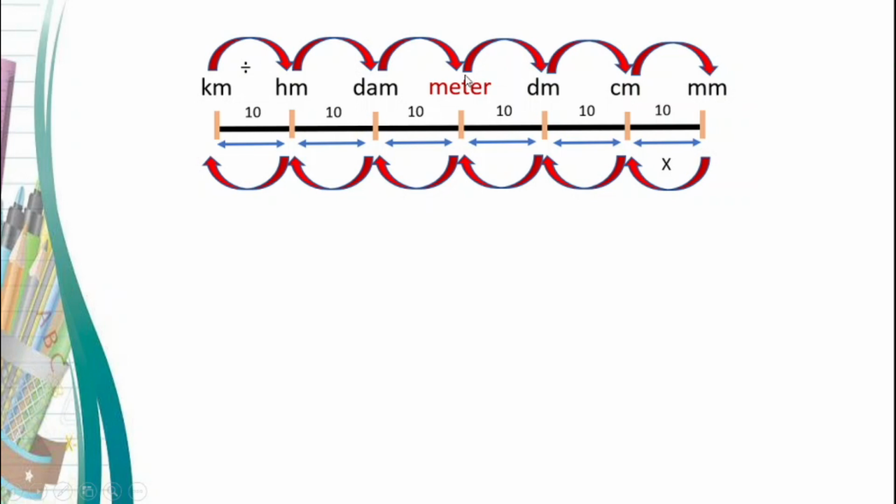And if you move 4 places, 10,000, 100,000, and 1 million. Like the other one, if you move to the left, you multiply by tens. If you move 2 places, you multiply by hundreds. And if you move 3 places, you're going to